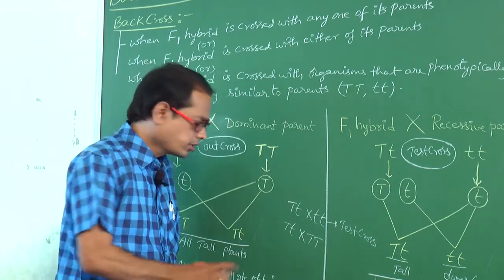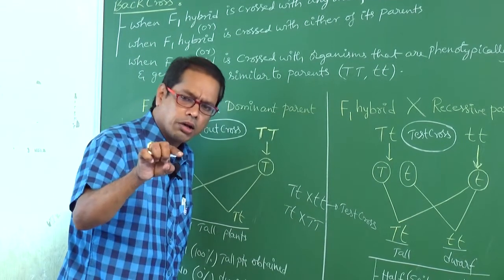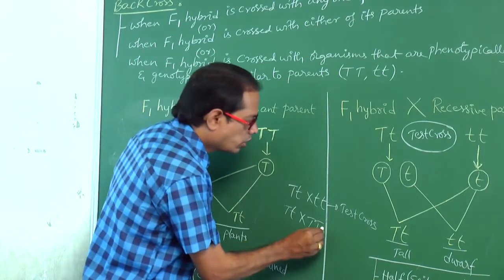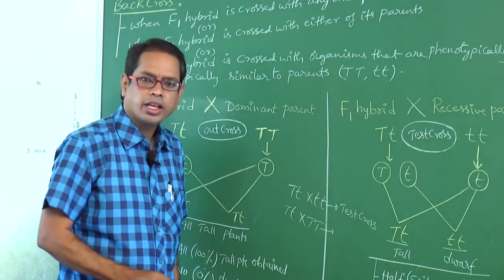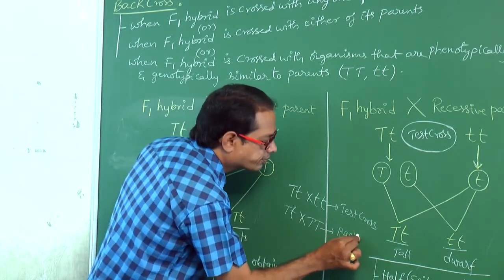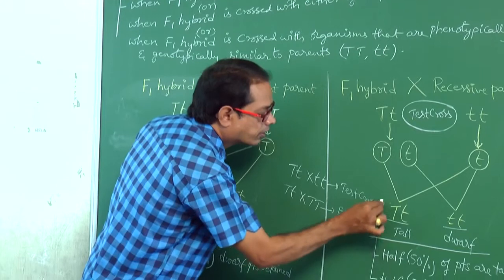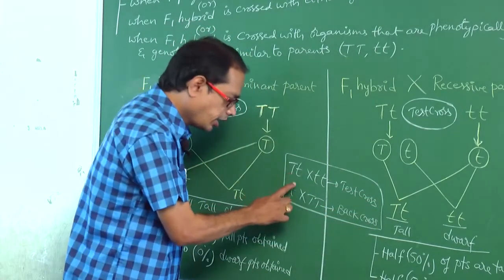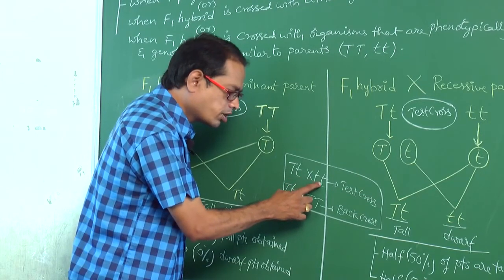Okay. What do you call this type of cross? What do you call means? Actually it is a back cross, and that too out cross. So that out cross is the term not in NCERT book. So this will be considered as back cross. Capital T, small t crossed with small t, small t.